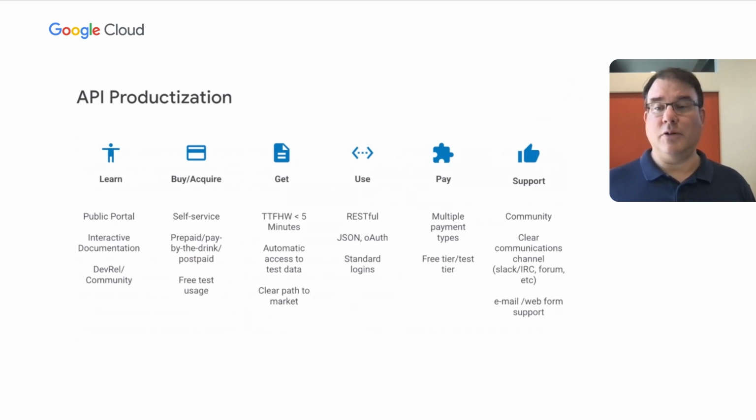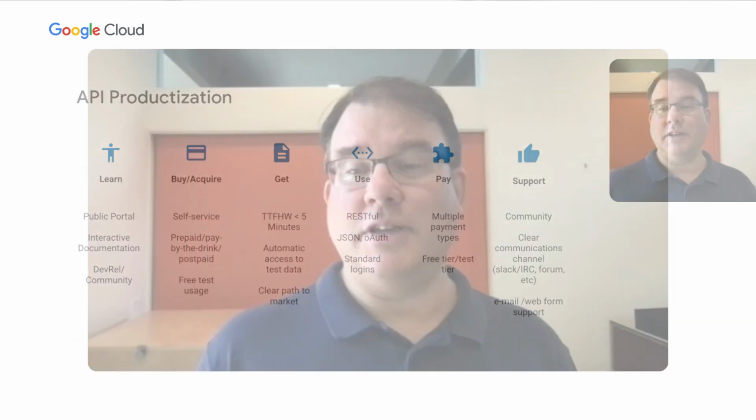How does a developer who wants to use your API find out about the API, figure out what the API does, and get credentials? If they can do that in a few minutes, your API is ready for consumption by almost anyone in the world. And that applies whether your API is a REST API of the style we've been talking about for years and years in the world of API management, or a GraphQL API.